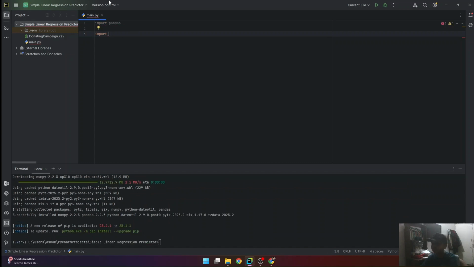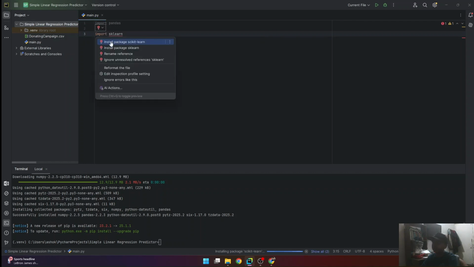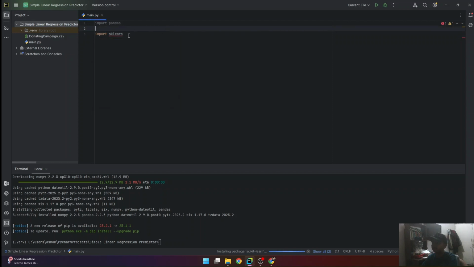Okay, now that pandas is installed, we'll import sklearn, scikit-learn. There's another way to install libraries like this. By clicking the red bulb you get above in PyCharm, you can just install a package, which is quite straightforward.